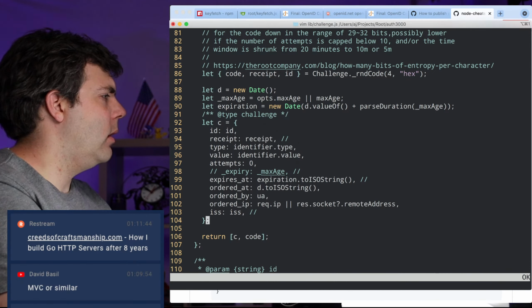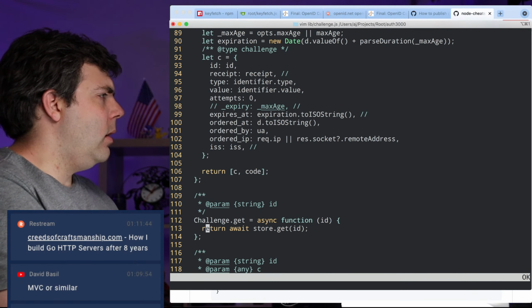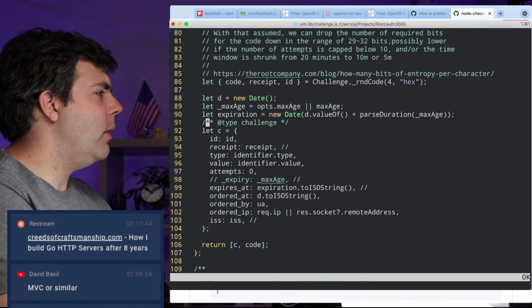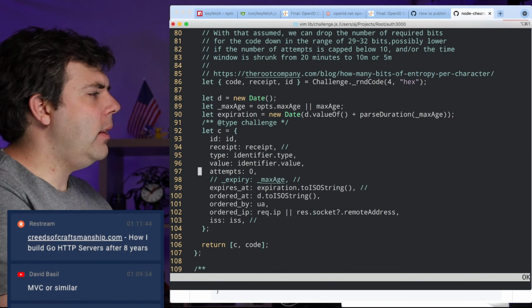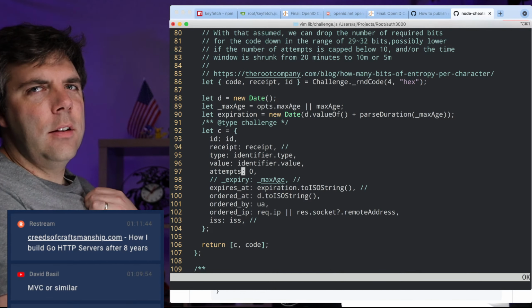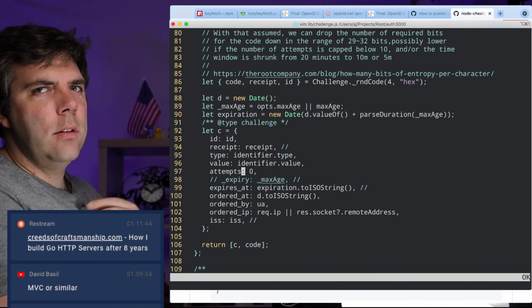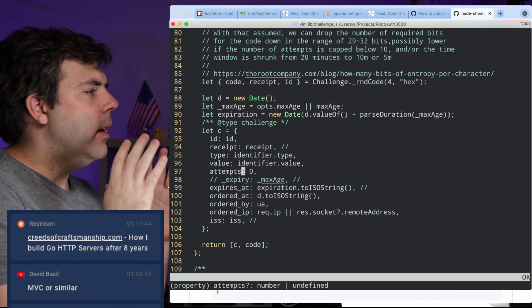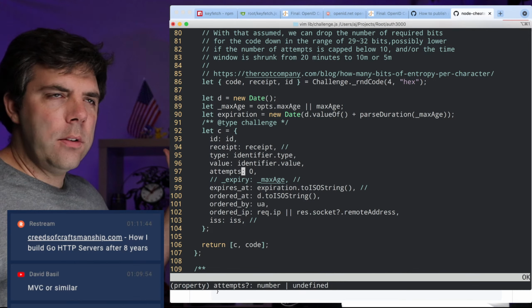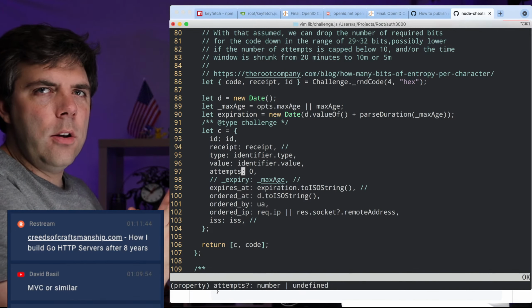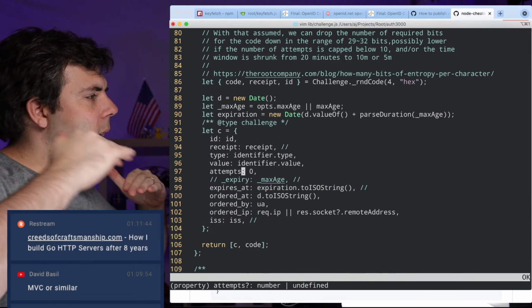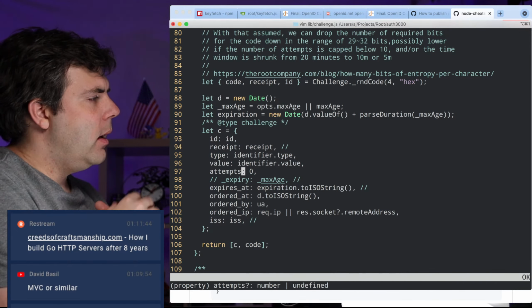Alrighty. Now, if you wanted to be really fancy about this, attempts, anything that's a number that increments, you can't store in a single table. You have to create another table and then log attempts in that table, because as soon as this scales out to multiple computers, you can't serialize the attempts anymore, and you could actually have something make parallel requests, and then the attempts is going to override.